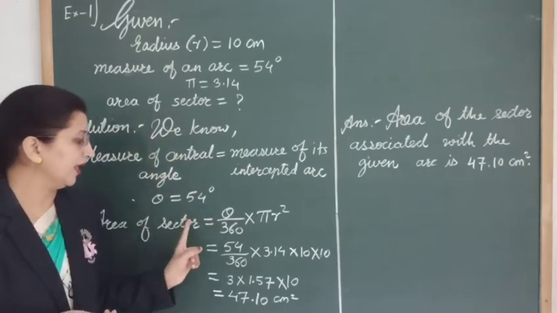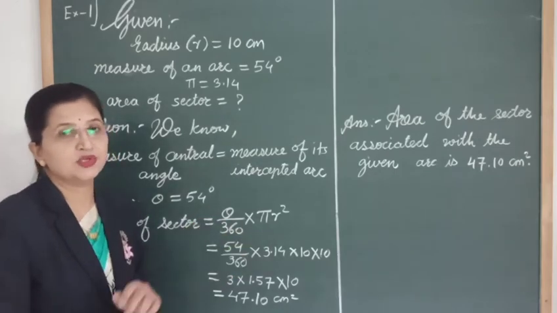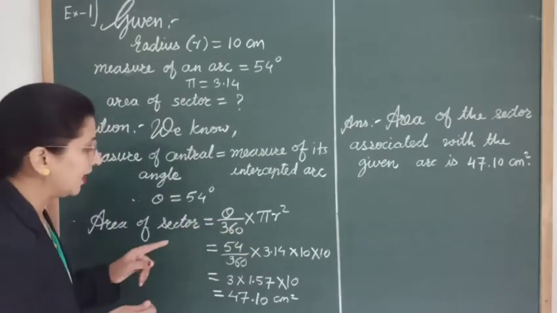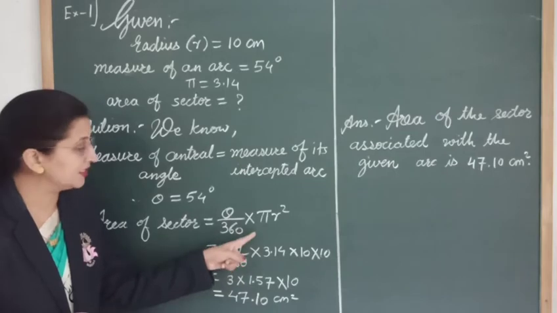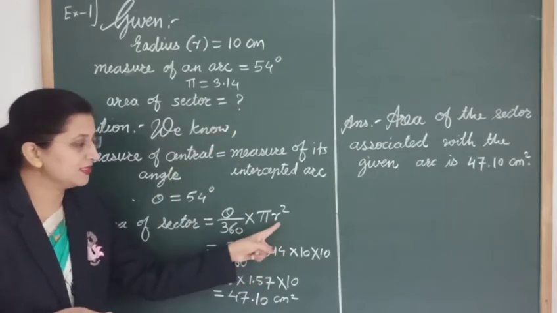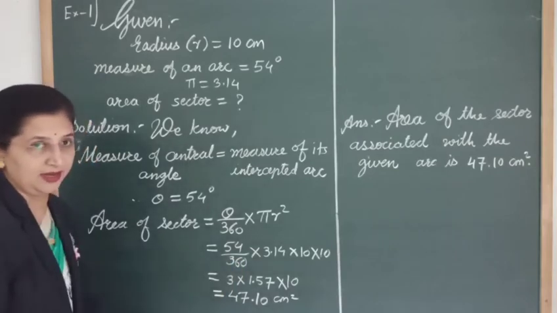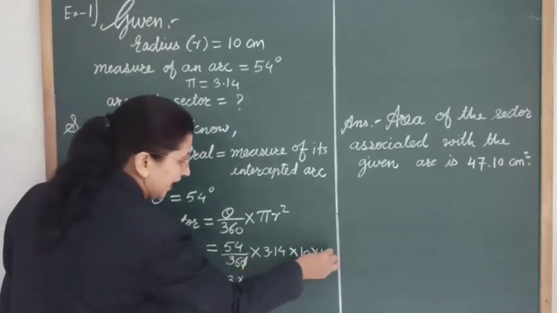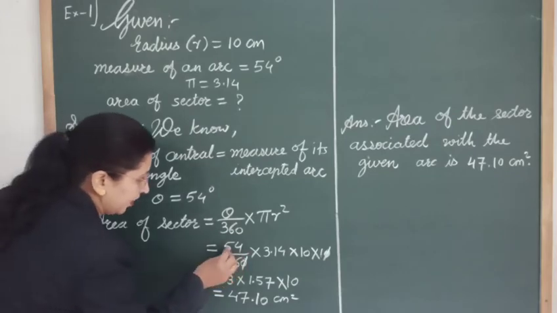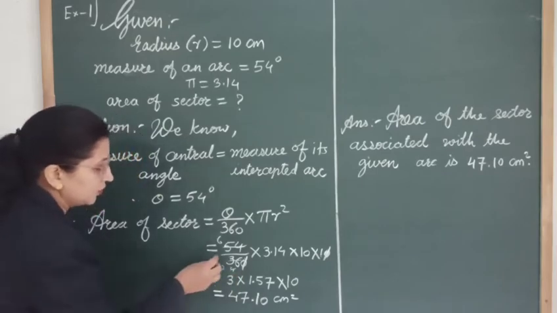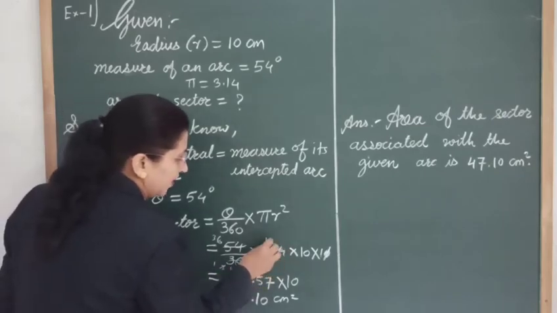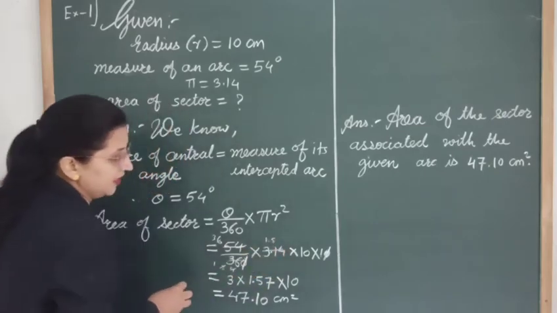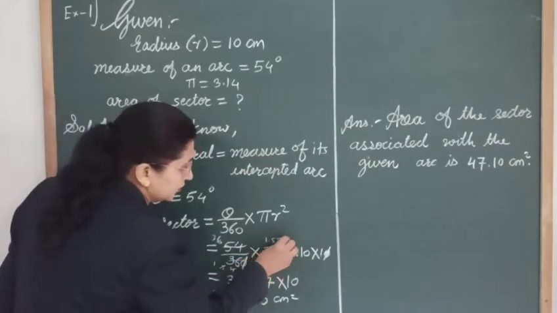So we have the formula, area of sector is equal to theta upon 360 into pi r square. So let's put in the values: theta, that is 54 upon 360, into the value of pi, which is given as 3.14, and the radius is given as 10 into 10. Okay. Now let's solve this. This 10 will get cancelled. Then we can say 9 6s are 54, and 2 2s are 4, 2 3s are 6. Then it remains 1.5, then remains 1, then 2.7.